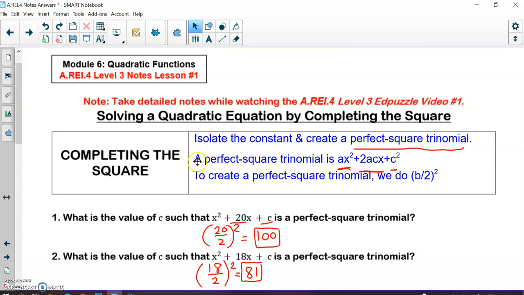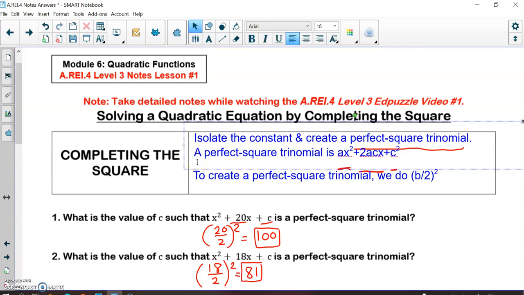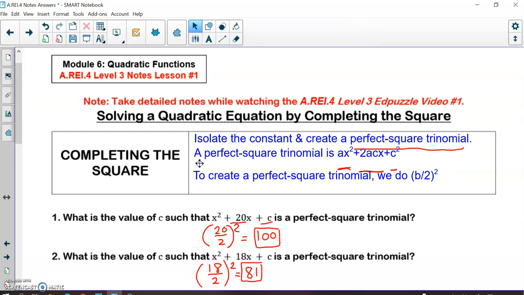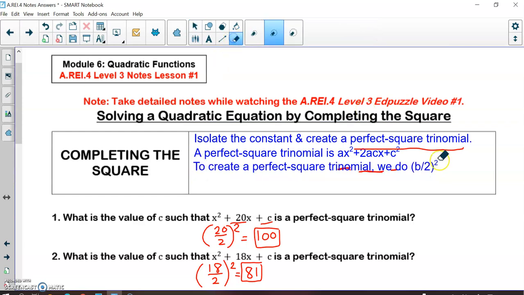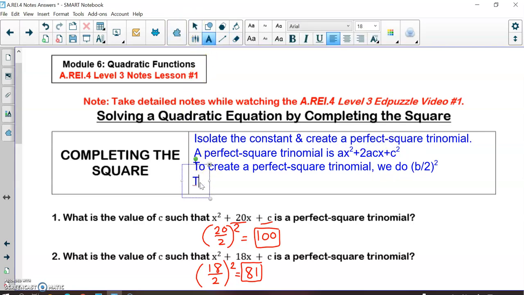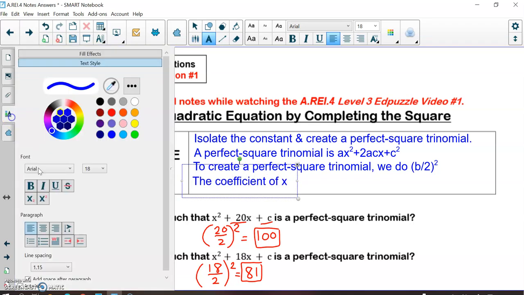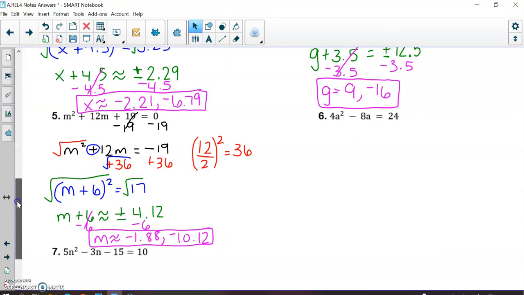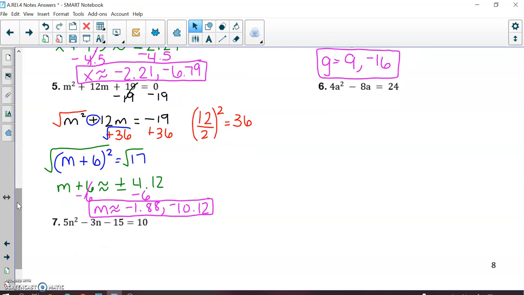I want to make sure that we have that up above. So, in order to get my coefficient of a squared here to be 1, I need to divide every single